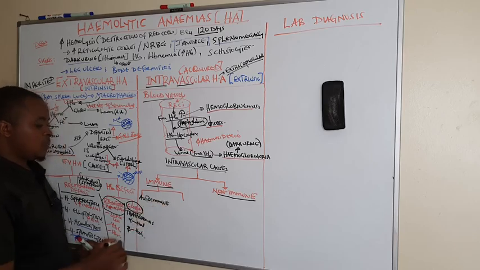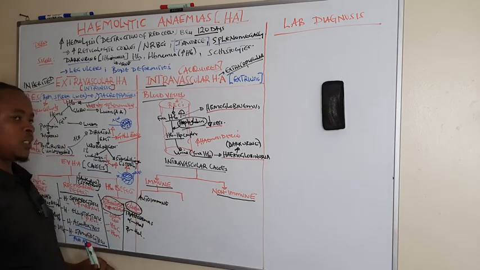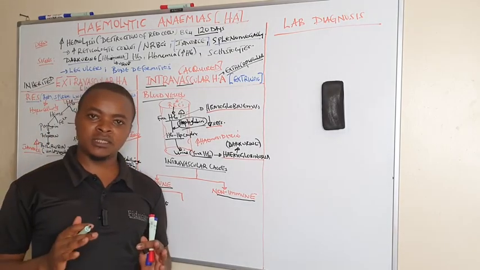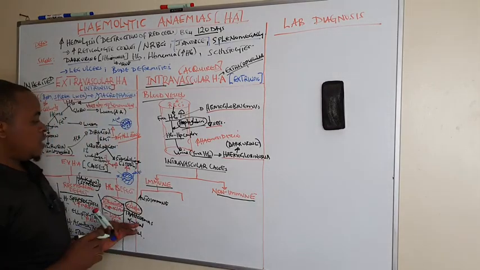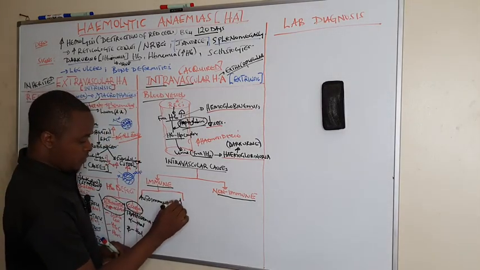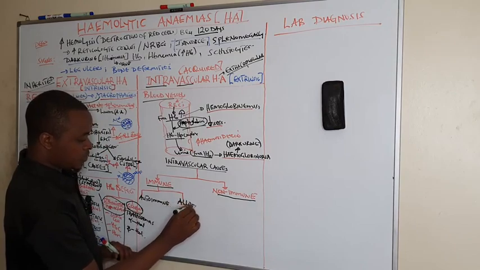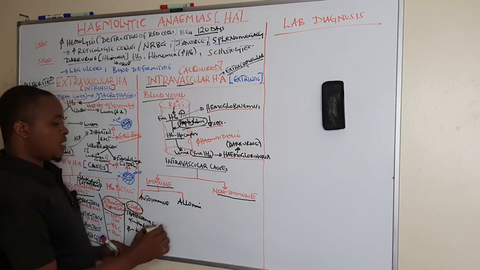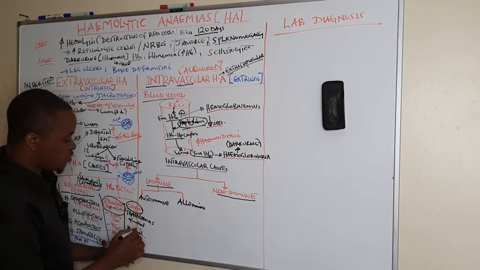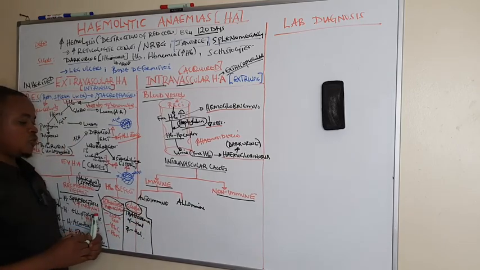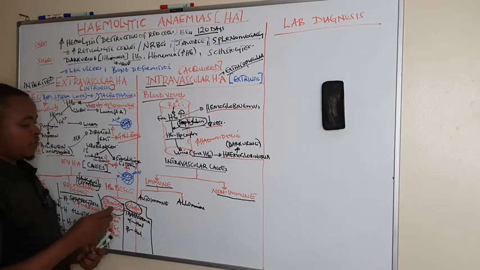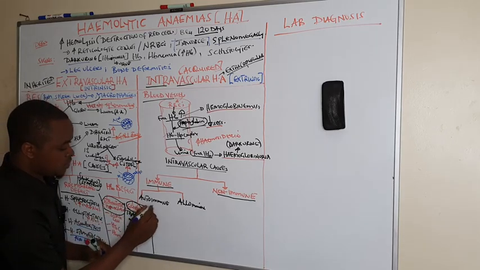Autoimmune causes, meaning the body is producing auto-antibodies directed to destroy red cells. Then we shall also see autoimmune causes. And under autoimmunity, under autoimmune causes, we are going to see these antibodies can be warm